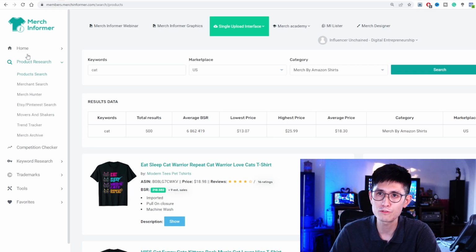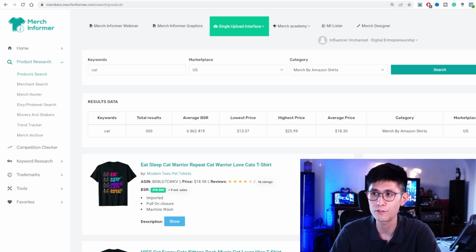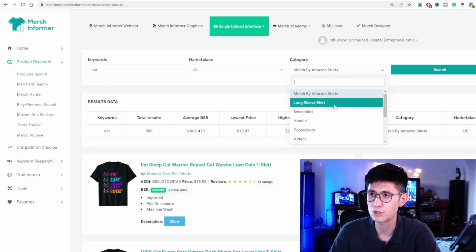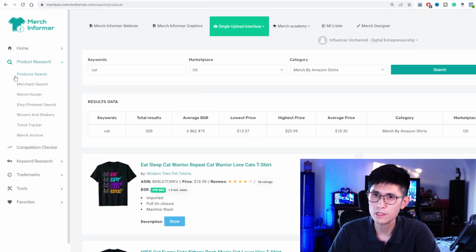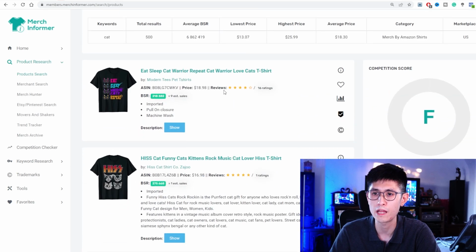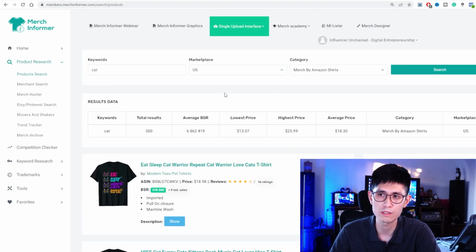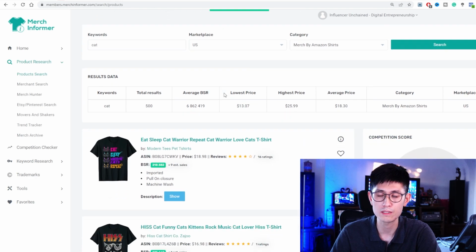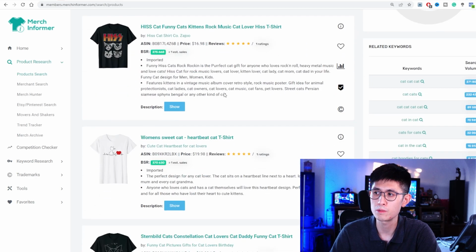But anyhow, on Merch Informer on the left side here, you'll see that there are a lot of different tools that you can use. There's product research from different websites. You can look at Merch by Amazon shirts. They mainly do research on Amazon, right? But again, since Amazon is such a large platform, even compared to Redbubble, for selling basically anything, you'll usually be able to see that